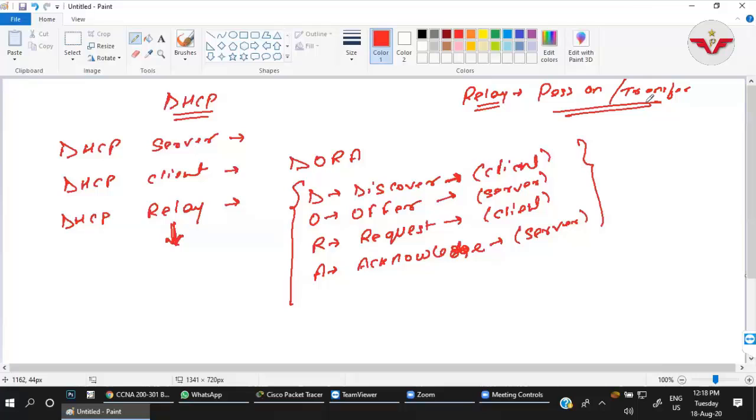DHCP relay is a feature by which a router relays or transfers DHCP messages by changing the IP addresses in the packet header. Where and why is it required?